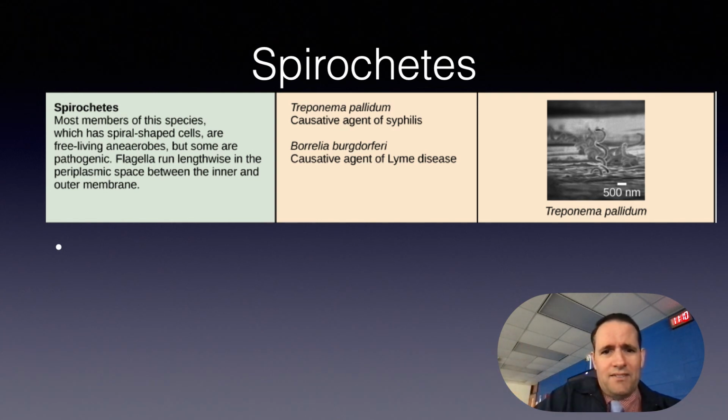Spirochetes. I don't know how to pronounce these things, but most members are spiral shaped, okay? And some are pathogenic. So for example, we've got syphilis, the agent that causes syphilis, another sexually transmitted disease. Lyme disease. If you're here in Virginia where I'm making this video, or maybe North Carolina or on the East Coast, you know we have a lot of deer, and sometimes ticks will latch onto the deer, pick up a disease called Lyme disease, and pass that along to humans.